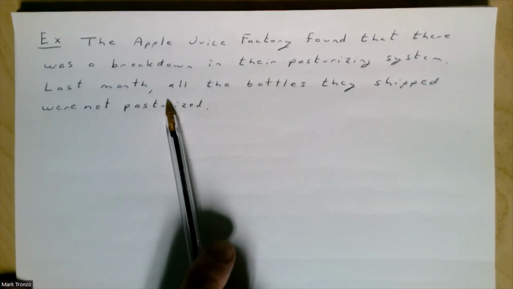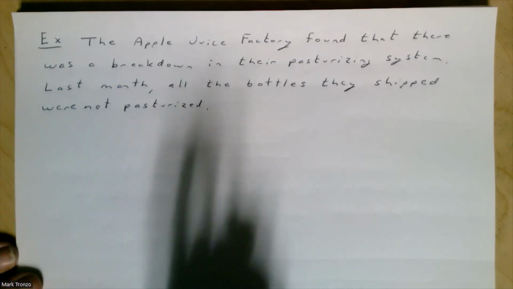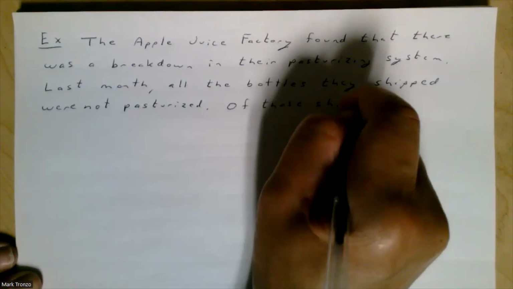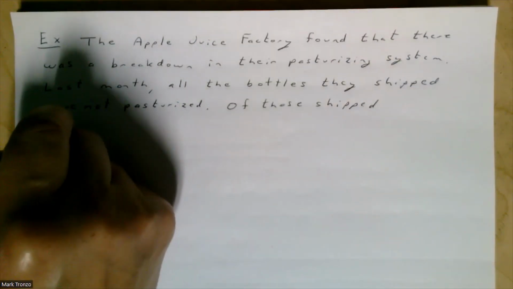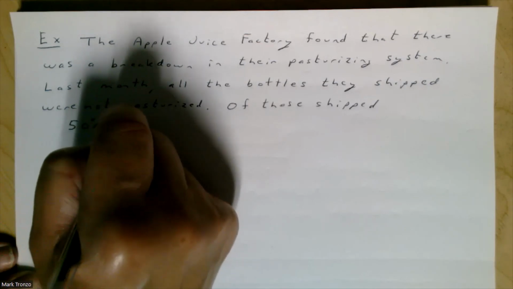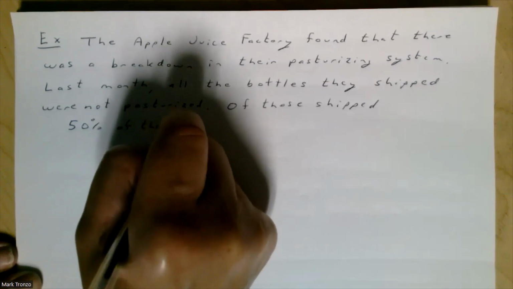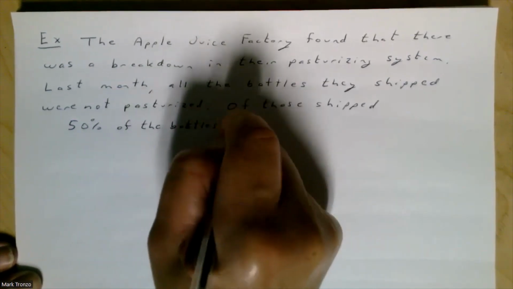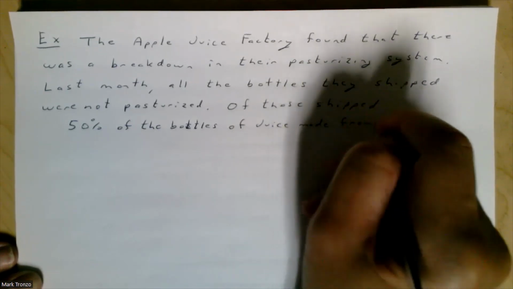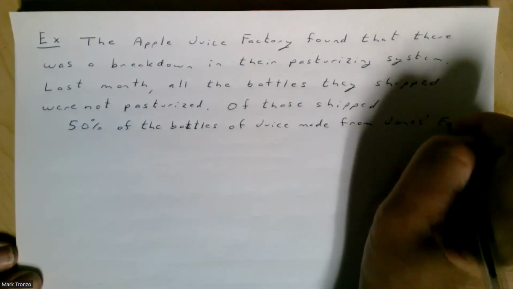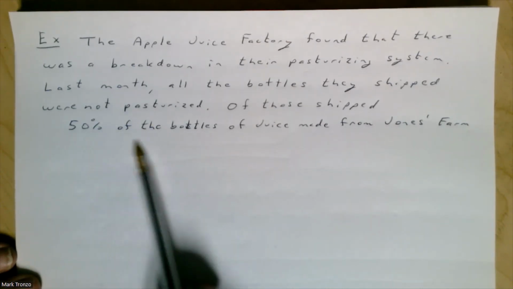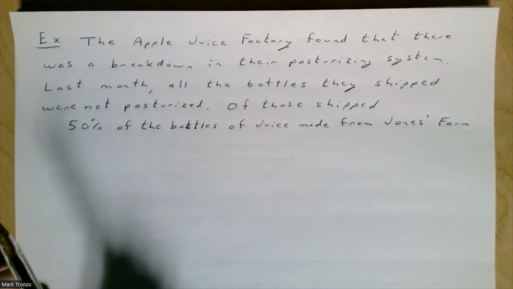And probably a different way to say this would be to say they weren't all pasteurized. And in fact, of those shipped, 50% of the bottles of juice were made from Jones's farm. So, Jones supplied oranges, or excuse me, apples, and 50% of those bottles